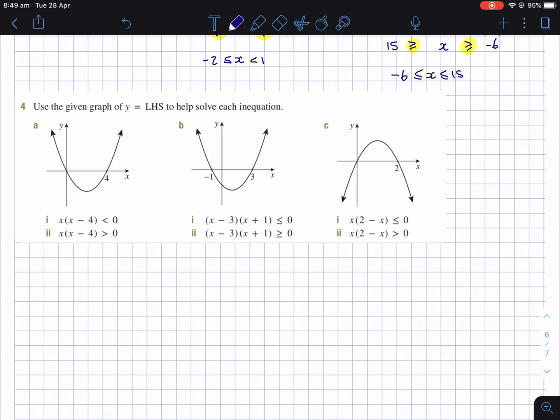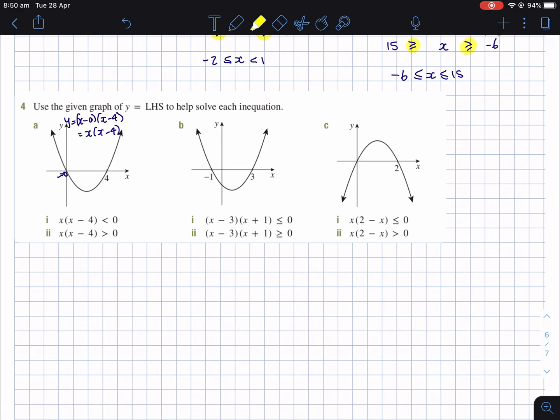Alright, using our super awesome math skills, you could have come up with the equation for this one yourself. This goes through 0 and 4, so it was y equals x take 0, x take 4, which is the same as x outside of x take 4, yeah? So what they've done is they've graphed this,